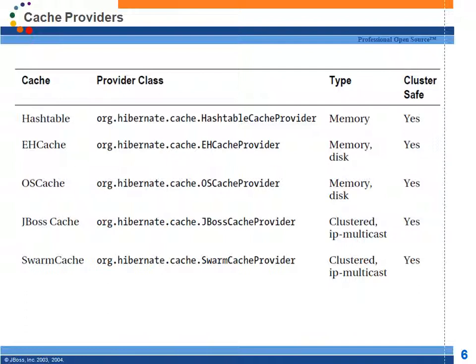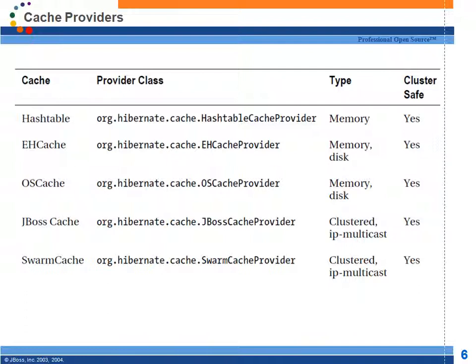And here it says, is it cluster safe? Can it be used in clusters? Yes. The most commonly used caching provider is EHCache provider. I'll show you an example of how to integrate Hibernate with EHCache.